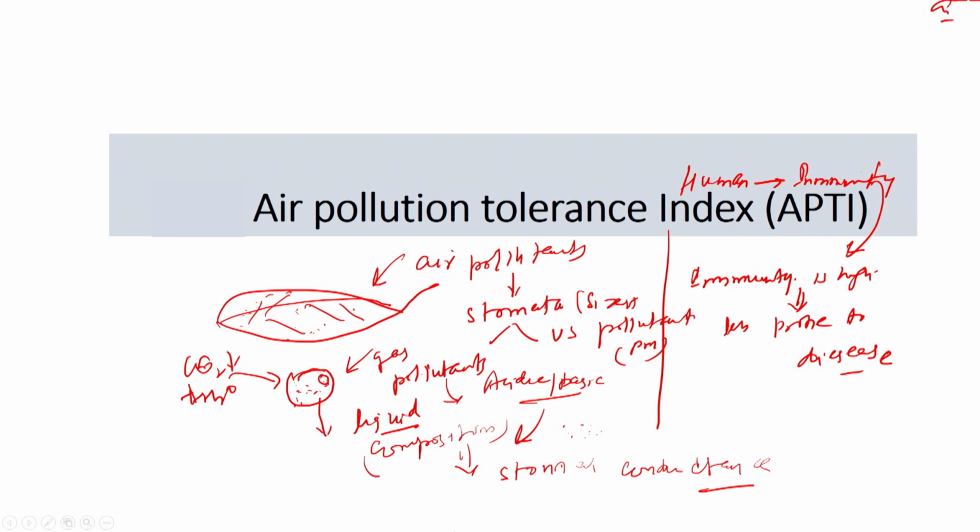Like in the case of human systems, how do you basically calculate? For humans, we have something like exposure dose, and this exposure dose is actually like deposition of the air pollutants on the stomata. This is similar to this one, and how much is deposited depends on the stomatal size, the size of the plants, and the size of the leaf that is there.